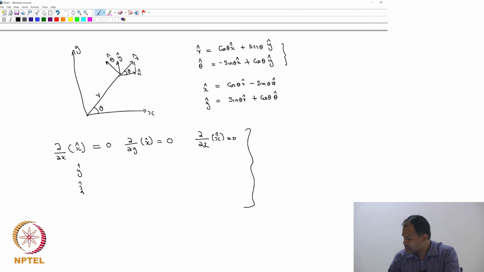So, we need to actually find out how unit vectors change when I go in different directions. And that is important because we talk about all differential equations, spatial gradients, divergences, curls and gradients and so on. So the change in unit vectors becomes important. That is clear. So, let us calculate that, it is very easy.